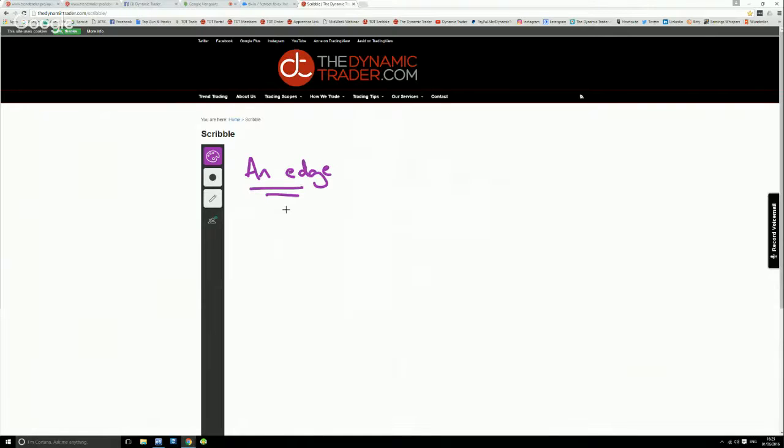Now, what is an edge? An edge is an environment where when you enter into it, you have more chance of making money than losing money. You know, and I know that losses are all part and parcel of trading, even when you have an edge. An edge is just a slight advantage in your favor. So if you think of, let's say, the casino has a 45% edge in their favor, that is why the casinos always come out on top, because they have the edge in their favor. We have to think like the casino. We have to develop an edge.